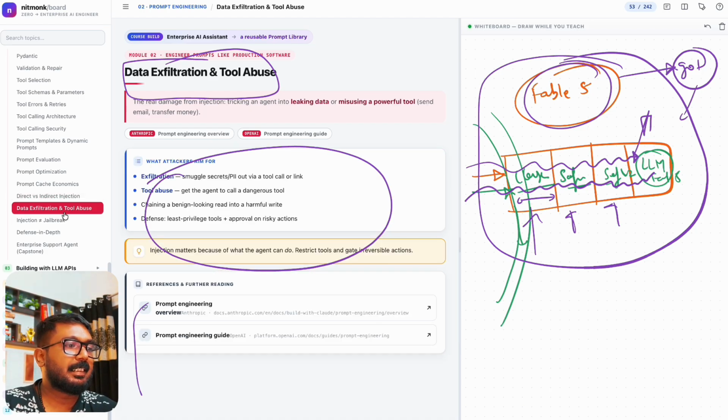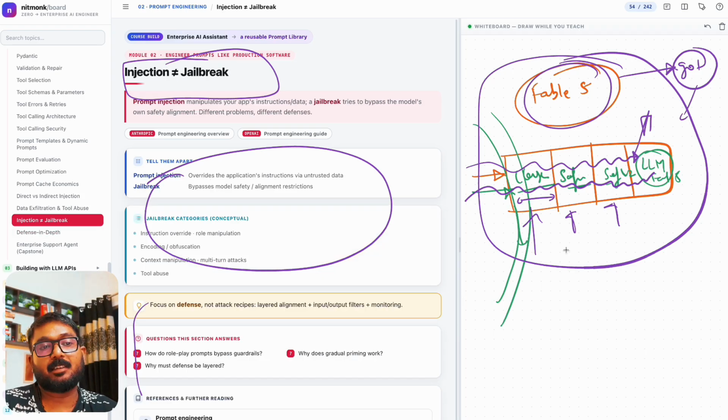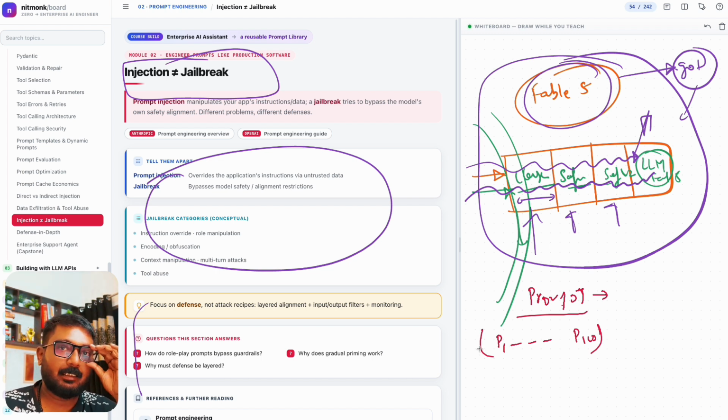Now there is this data tool abuse that you will see, that is very simple. Injection and jailbreak, I will keep on explaining. Let's say there are prompts P1 to P100, 100 prompts that you generate, that are a malicious use case. That is a very bad use case, to destroy humanity, to build bombs, etc. That is P1 to P100, right? And you build another set, one prompt,